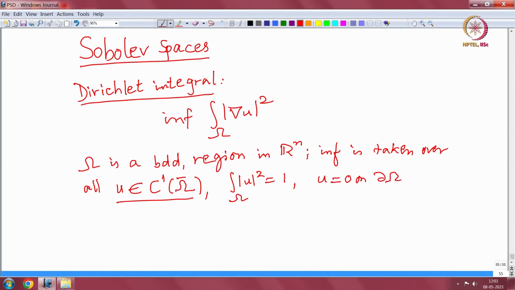Now these conditions make it a non-trivial problem. So constants are avoided, and